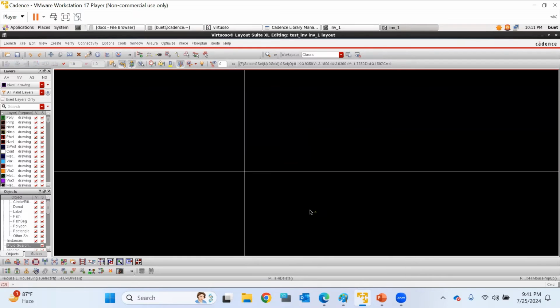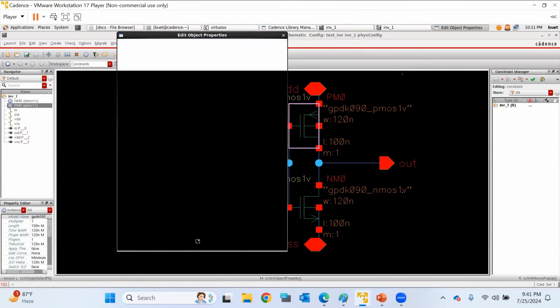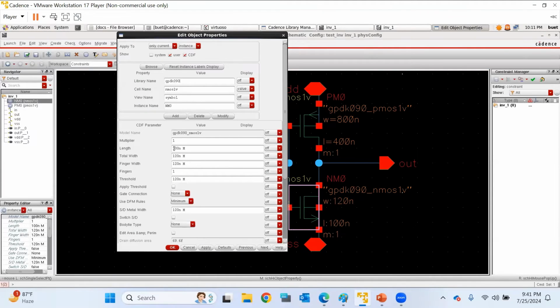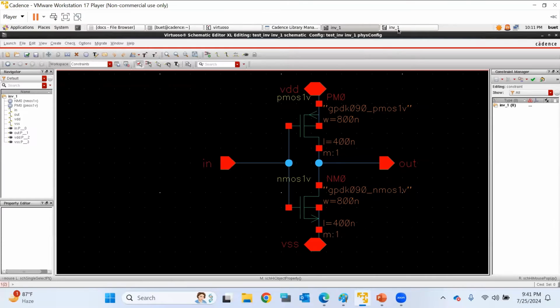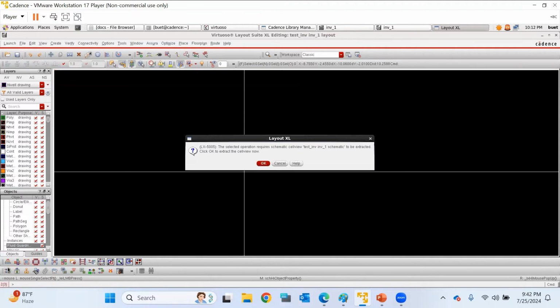If I delete this one now and go to all from source, let me change its parameters once. Length is 400 by 800. And this one also I change as 400 by 800. I make it like this. Now, I do all from source. You have seen selected from source one by one. Now, if I do all from source,